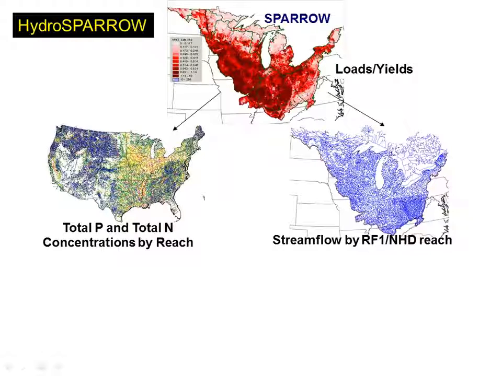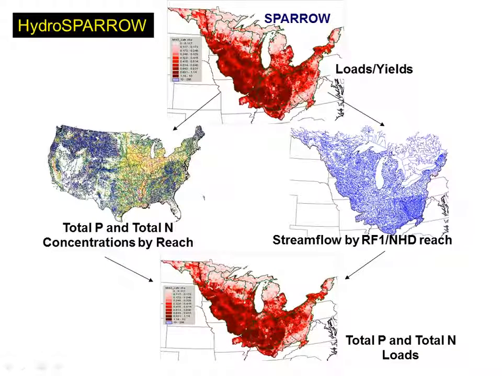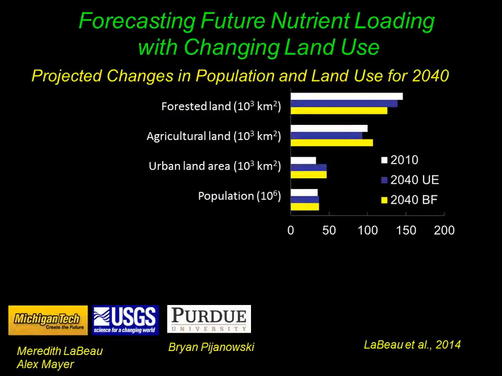We can break it down to those parts and then try to see how, let's say, changes in land use might affect concentration. If they don't affect flow, we can multiply them back together. Or if we change the flow, we can multiply them back and ultimately come up with new projections. So we take our loads, break them down into these two pieces, adjust one piece, multiply them back together, and go with it.